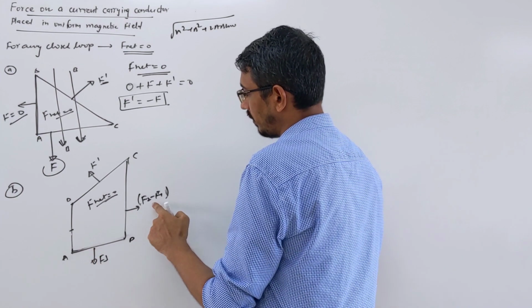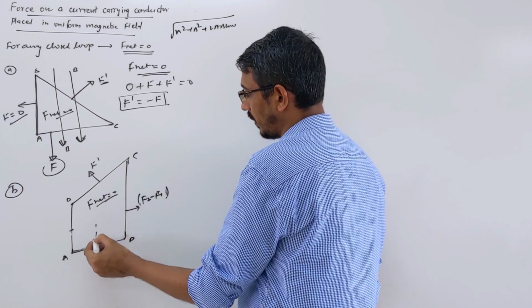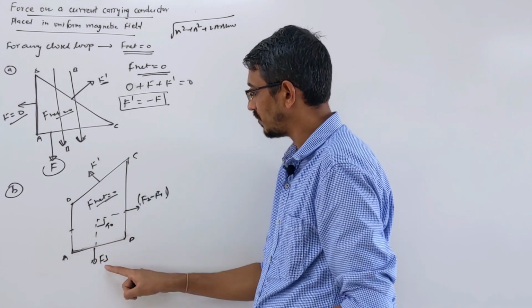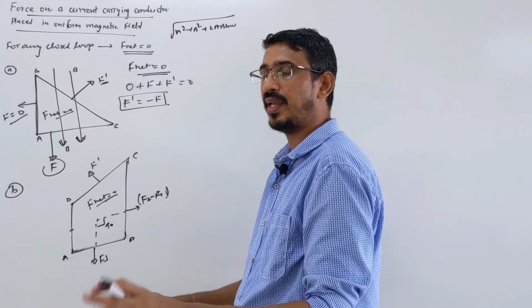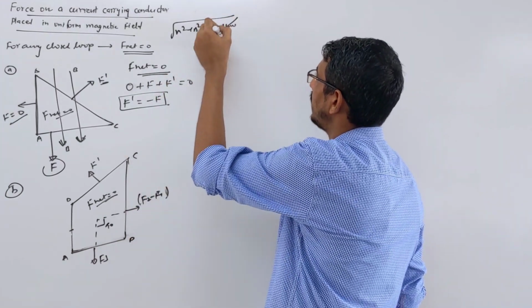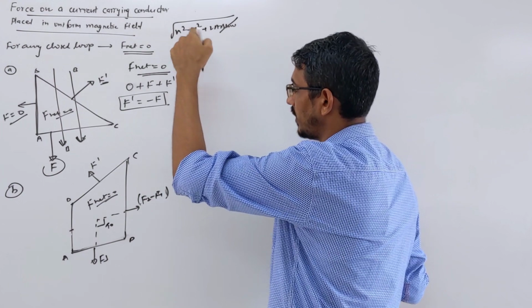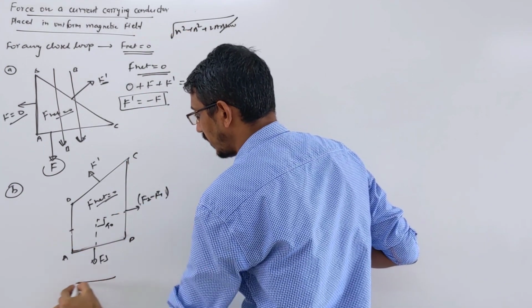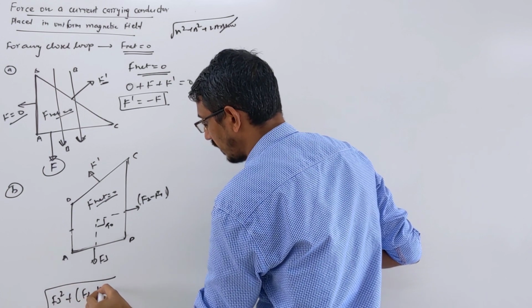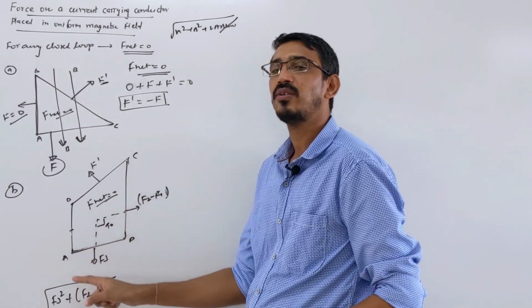Now this force and this force are perpendicular to each other. We want to add these at 90 degrees. Since they are perpendicular, cos 90 is 0, so you get just A square plus B square. So the net resultant force of these forces is root of F3 square plus (F2 minus F1) square. This is the net force.